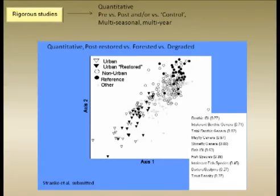Here's an example of some good quantitative data. This is work that Scott Stranko and myself and others have been putting together, looking throughout Maryland at biological attributes in streams, urban streams that have been restored. Those are the dark triangles versus the open ones. In how they compare, this is an ordination plot. So they're clustering differently than those streams in terms of their biological components, biodiversity and so forth, from streams that are degraded and also from streams that are restored. So that would be sort of the first level, but it's clearly showing you that the restored streams aren't clustering